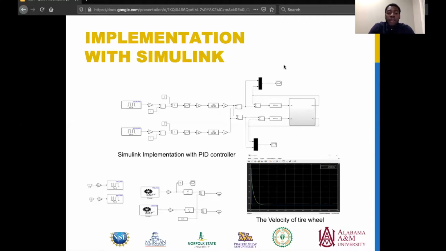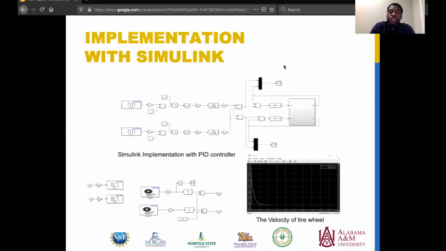It plays its part, and as you can see with the blocks, that's the math equation with the blocks. And basically what that is doing is starting to rotate the tires on our two-wheel mobile robot. And to the right of that, we have the velocity of the wheel. This is the scope, and this is the output shown, basically showing us that velocity is